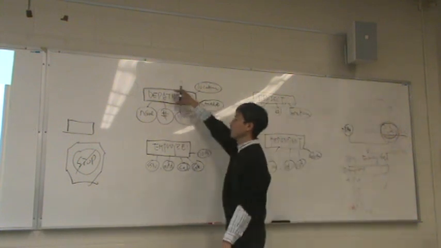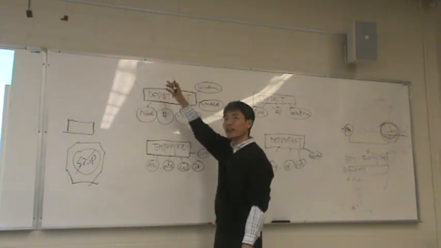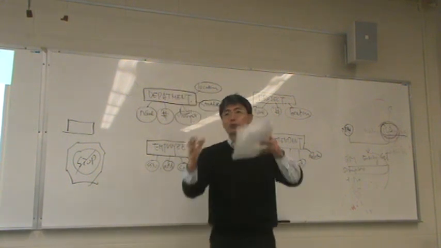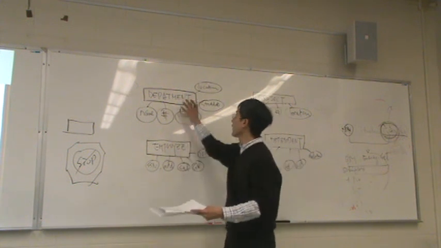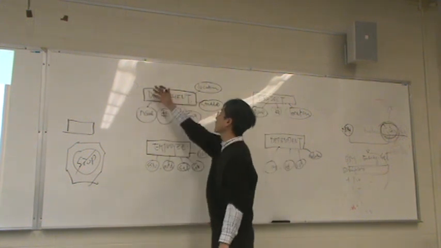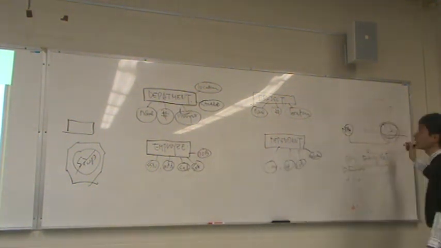Identify the entity. If you do not have the clear entity set and entity type, you need to identify all entities, then group them. Which ones are common, which ones are not. So common entities will be entity types, then rectangle. Rectangle, rectangle, rectangle. After that, you can find the